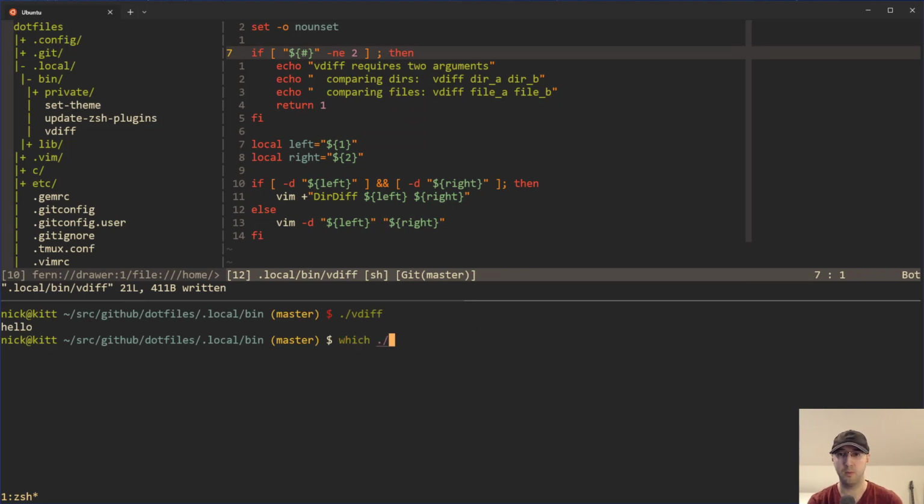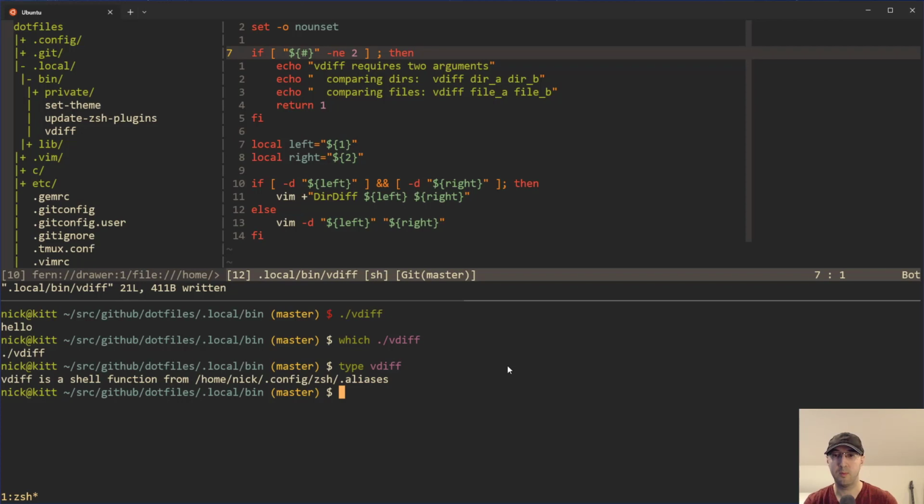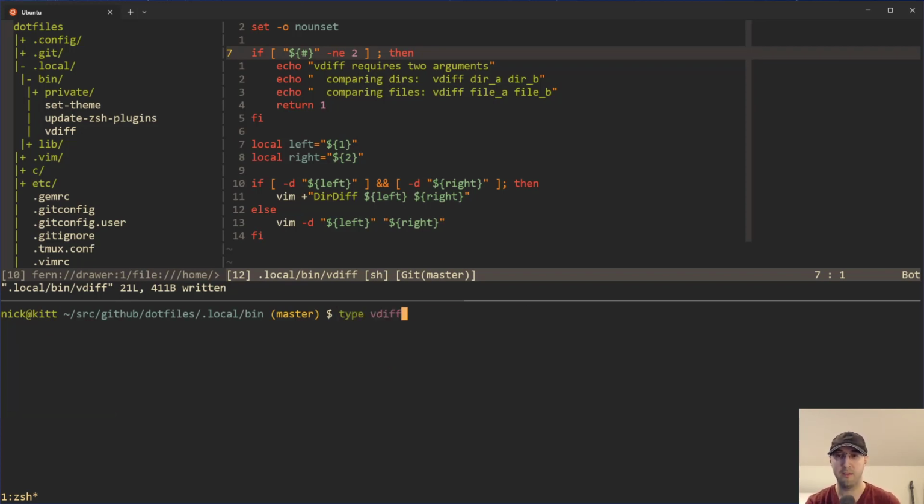Can I actually do which vdiff like this? Will that work? I don't think so, but I don't know. I don't use whichever in this way. Yeah, I guess it does work. Okay, well, all right. I just wanted to make sure it's not using the alias, right? So if I actually do type on vdiff, we know it's not because I ran literally the one in the file there, but going back to where I said before, I would still need to source this aliases file. And now if I do type vdiff,